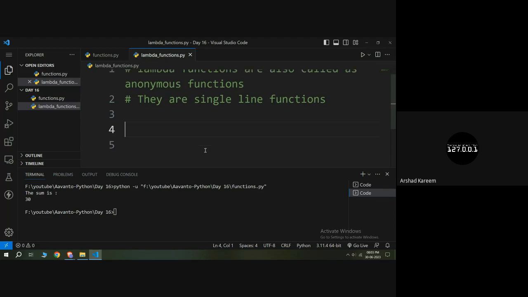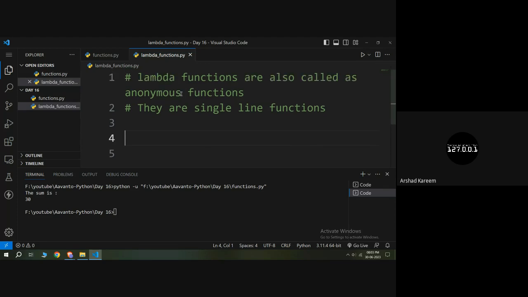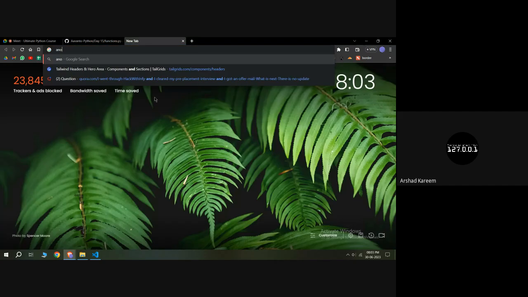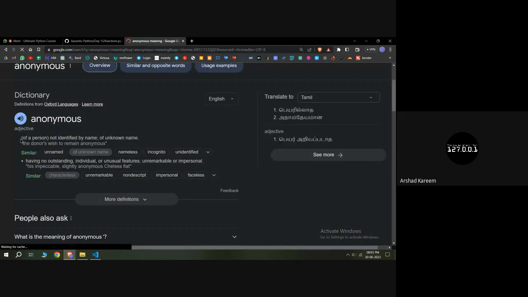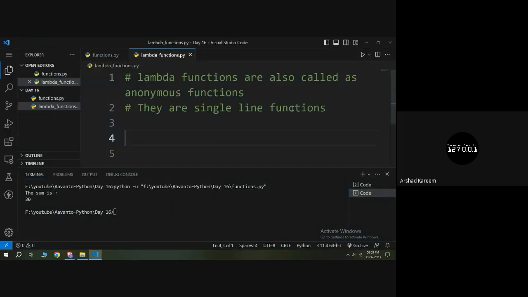Now I am calling these lambda functions anonymous functions because they will not have a name. They are anonymous. What is meant by anonymous? It is basically a hacker group, right? But if I search for the anonymous meaning, it is basically unnamed. You can say anonymous means not identified by name or unknown name. So anonymous means unknown name. So we call lambda functions anonymous functions because they don't have a name. Their name is unknown. So the syntax is,